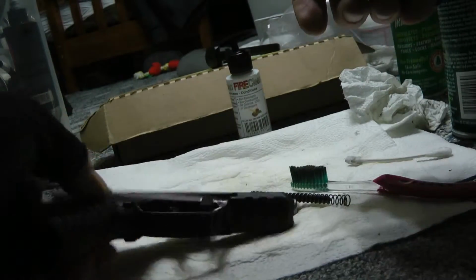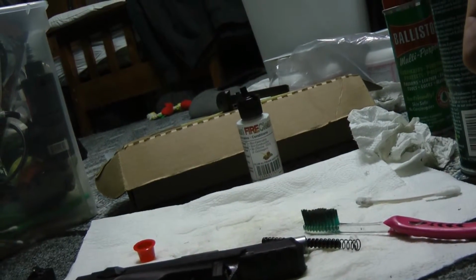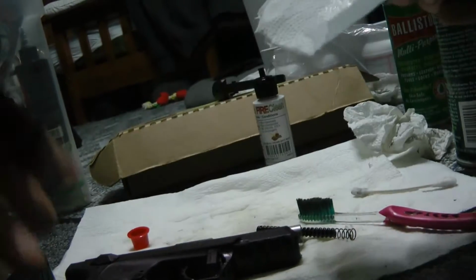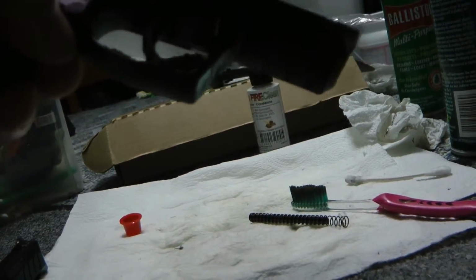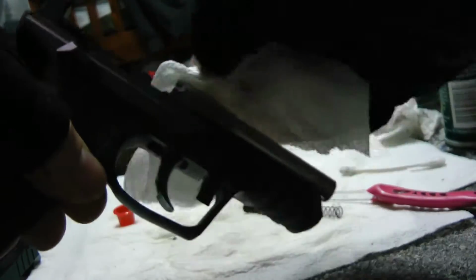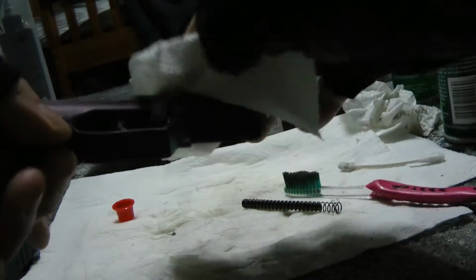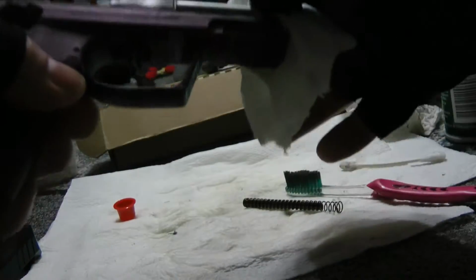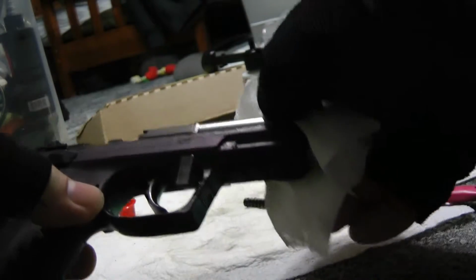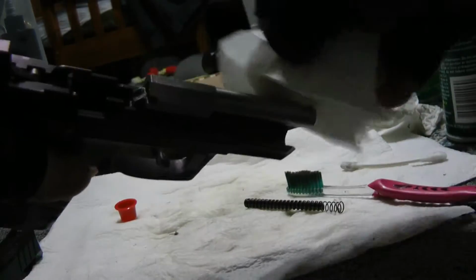You can actually, out here, probably get a piece of paper towel as well and just rub it on there. Alright, I got a little bit on a piece of paper towel here. I'm just going to rub it over the barrel, just to keep any kind of corrosion down on the barrel. Basically all you're doing. I'm not sure, this looks like an aluminum barrel or stainless. I'm not real good with metals, but